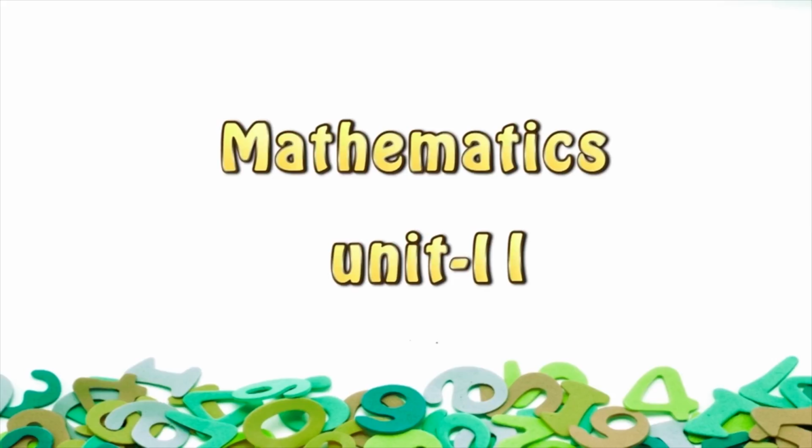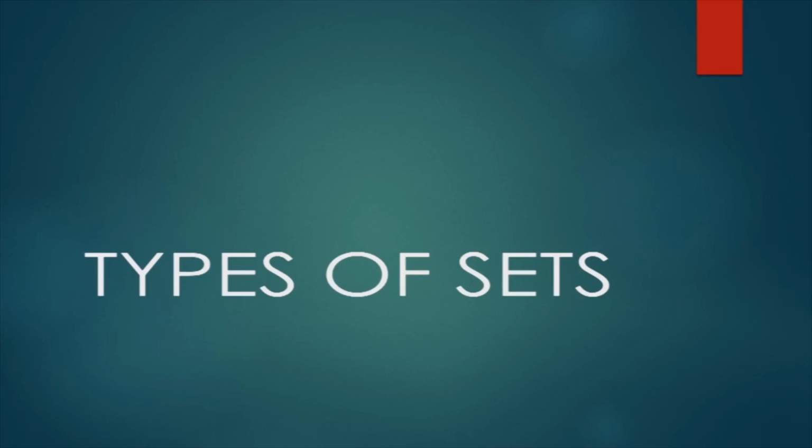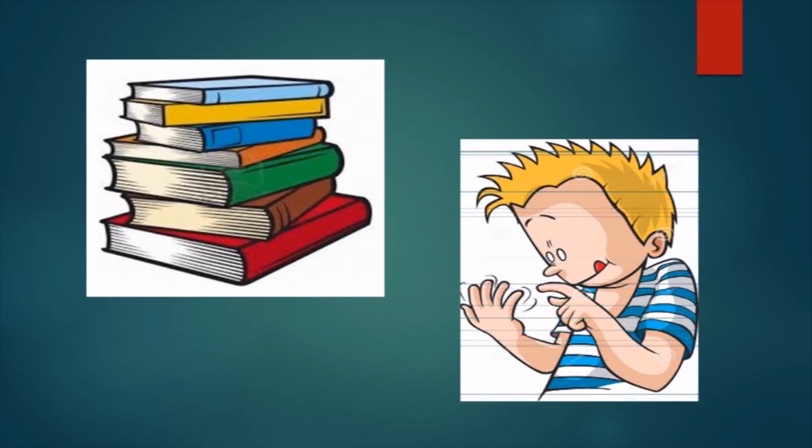As you are now familiar with the meaning and representation of sets, now moving further, today we will discuss the types of sets. The elements can be of one type, two types, more types, or we can say infinite types. Like if we talk about the subjects in a course, these are countable. But if we consider natural numbers, then these are infinite in number as counting is endless. Let's begin with the types of sets.